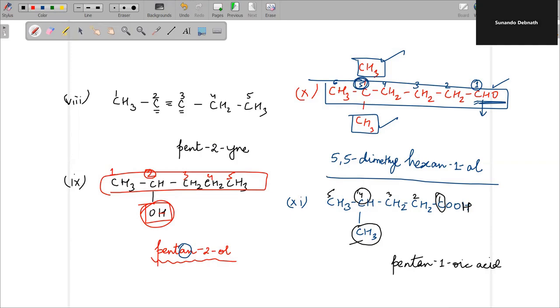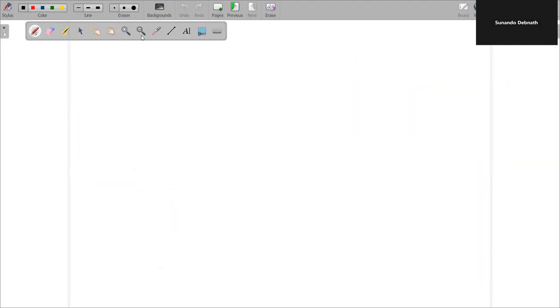और हमारे 4 पर एक मिथाइल भी है, इसलिए आगे जाएगा प्रीफिक्स 4 मिथाइल, ये मिथाइल इथाइल प्रीफिक्स में जाता है। 4 मिथाइल पेंटन 1 ओइक एसिड, ये इसका IUPAC नेम हो गया। मुझे उम्मीद है अब तुमको समझ में आ रहा है। Now this one,